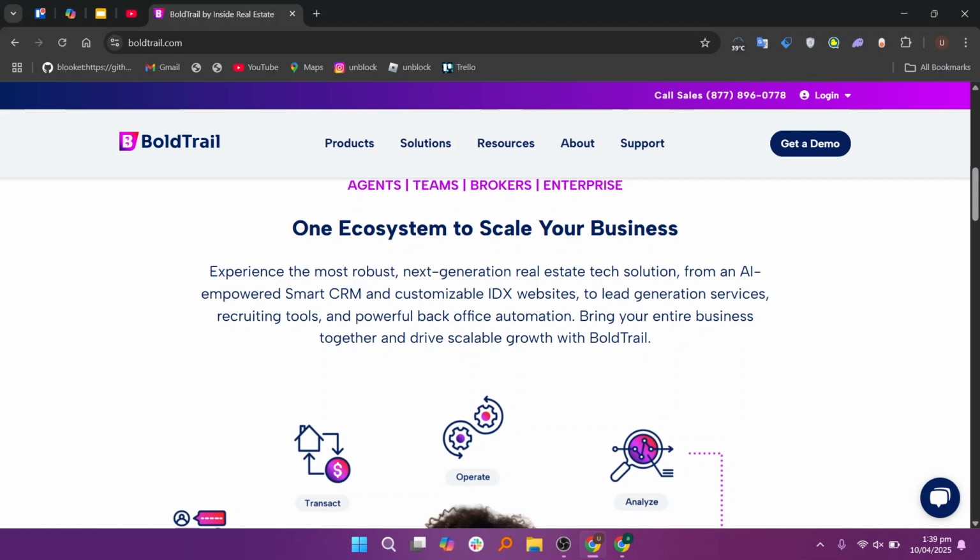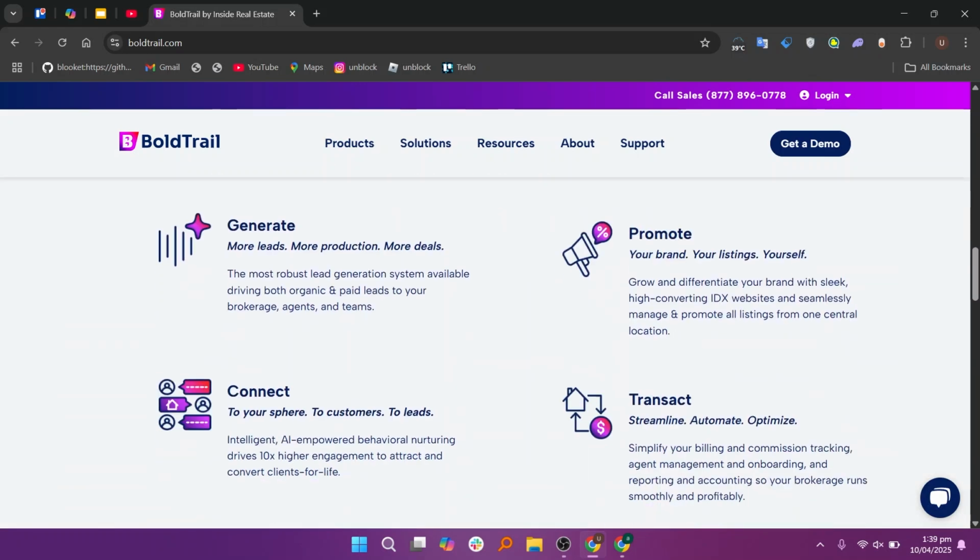This makes it useful for real estate agents, teams, and brokerages who want to work more efficiently and connect better with their clients. This platform brings together tools that help you manage contacts, track leads, and see all your conversations with clients in one place. It uses AI to understand how leads behave and then automatically sends follow-up messages, which keeps people engaged without you